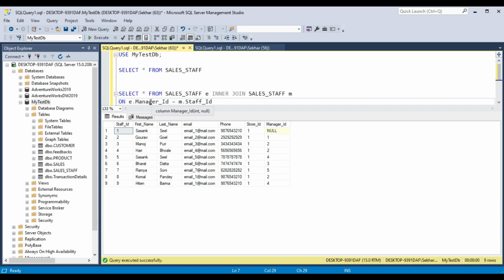Suppose Sasank Sil is a manager too, but how will you know the manager name is Sasank Sil? You will refer to the staff, his staff ID, and fetch his name. That is why I am passing the manager ID value as a staff ID, and then it will be easy to fetch the name. So let's run this query now.